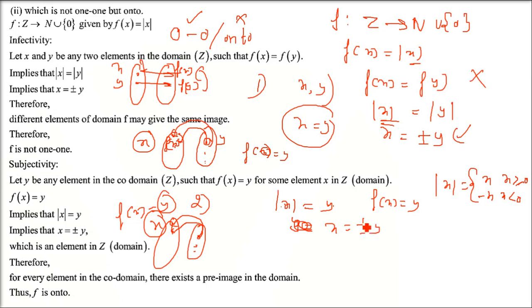This is onto. Okay. So for every element in the codomain, there exists a pre-image in the domain. We have taken a proper mapping and the domain and ranges, and from here we got that it is not 1 to 1 and this is onto, because every y has some x as the pre-image, so there is no y value remaining. Okay, so every codomain value should have a pre-image. So this is onto.